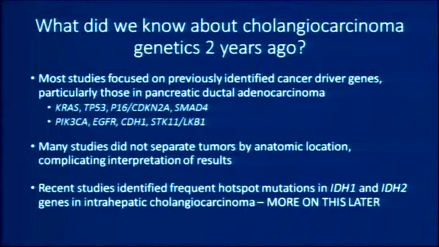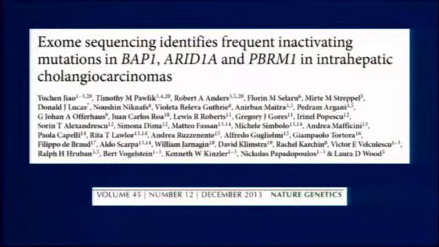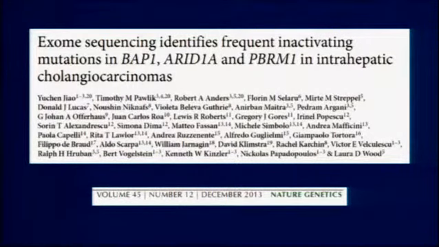Then around 2 or 3 years ago, a study found frequent hotspot mutations in IDH1 and IDH2 in intrahepatic cholangiocarcinoma. To me, this was really the catalyst that said these tumors are different from pancreas. We need to study them more extensively because they don't just seem to be pancreatic cancer arising somewhere else. What our group published a little over a year ago was the first whole exome sequencing study